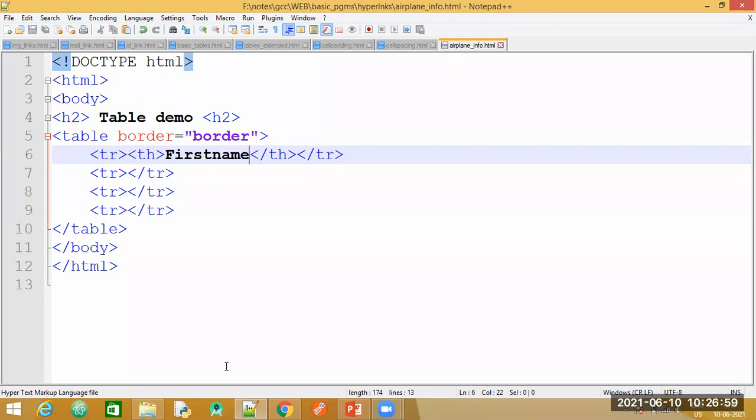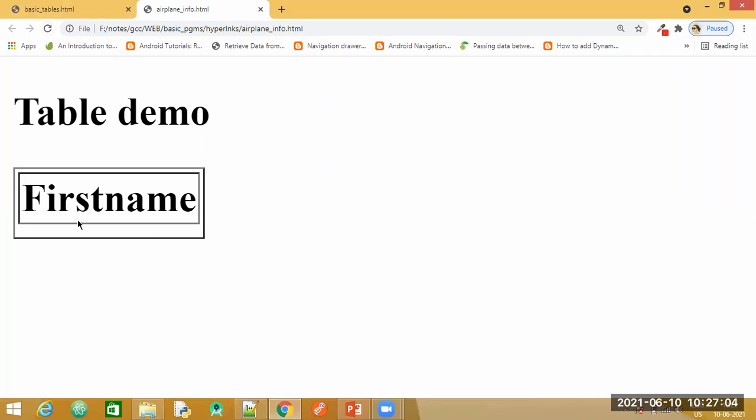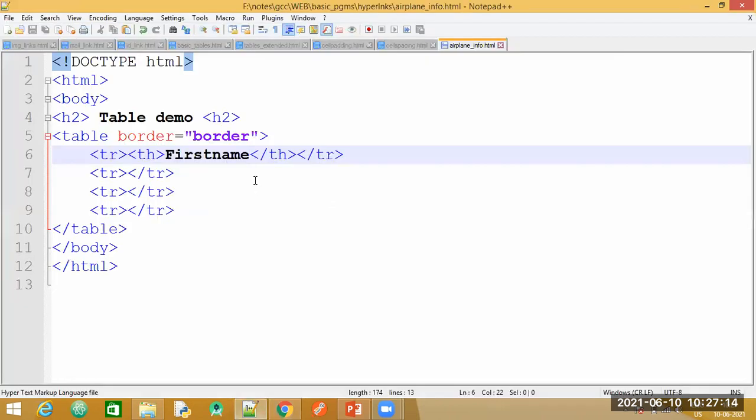We'll save this, go back again and refresh. Now you can see the first column heading with the border is getting displayed. Similarly, I need 2 more, last name and age, and both should also be displayed as table headings.